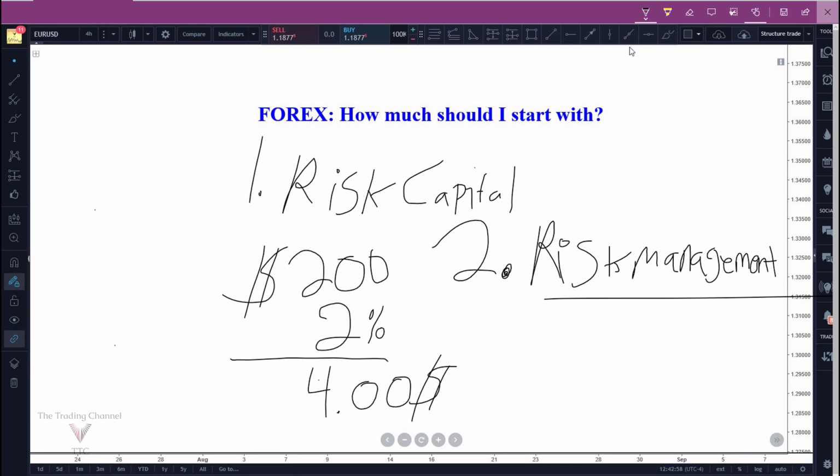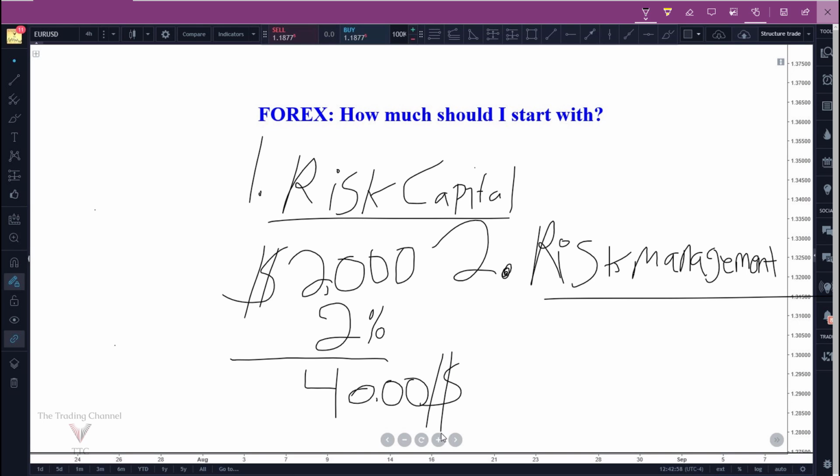So maybe you're a person that needs a little more stimulation, and if that's the case, you may want to start out with a $2,000 account. Again, it has a lot to do with your ability and your risk capital here. So if you have a $2,000 account, 2% risk would be $40 per trade. And now you're getting to a number that could be emotionally stimulating if you lose a trade. It could be emotionally stimulating if you win 5 trades in a row. And it can really prepare you for when you have a larger account balance.